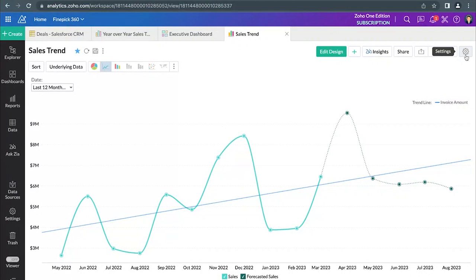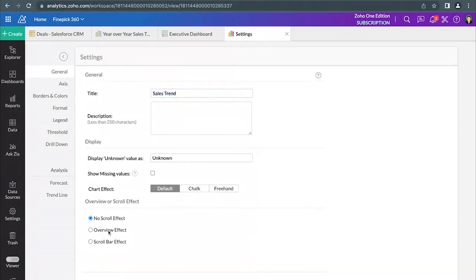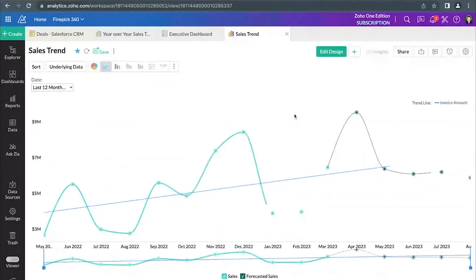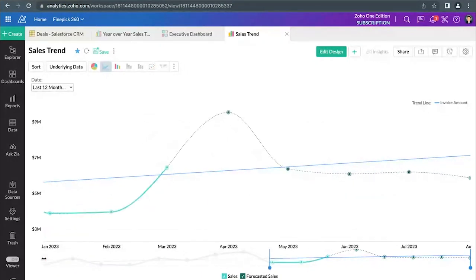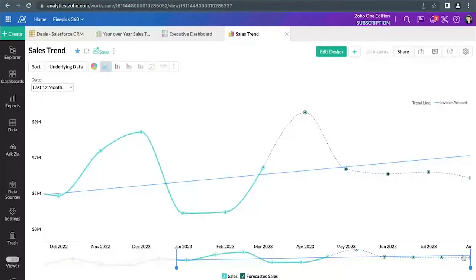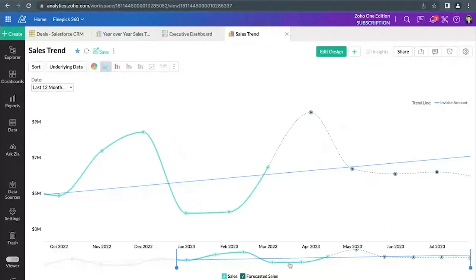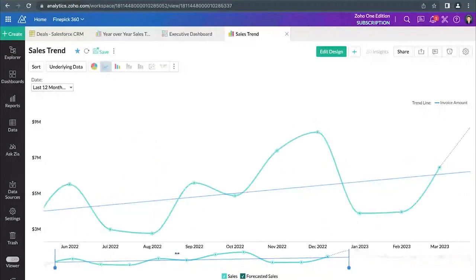On top of it, we are enabling this overview effect, which can be enabled by opening the settings page, choosing the overview effect, and clicking on apply. Now, as soon as I do this, you can see the x-axis. Just below the x-axis label, you will be able to find this overview scale, which allows you to interact with the data and focus on a specific data point and allow you to analyze it better. So I'm sure this makes